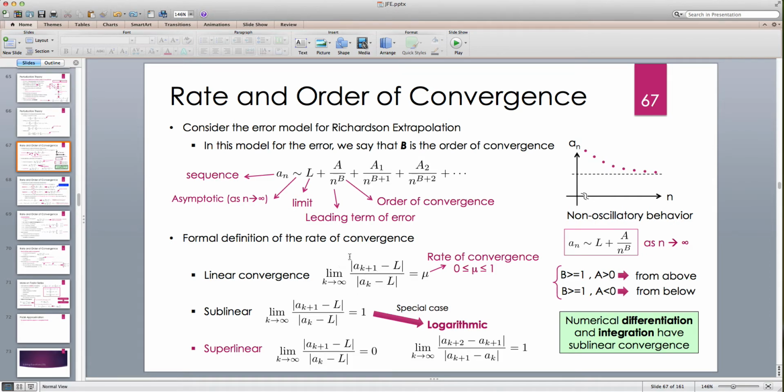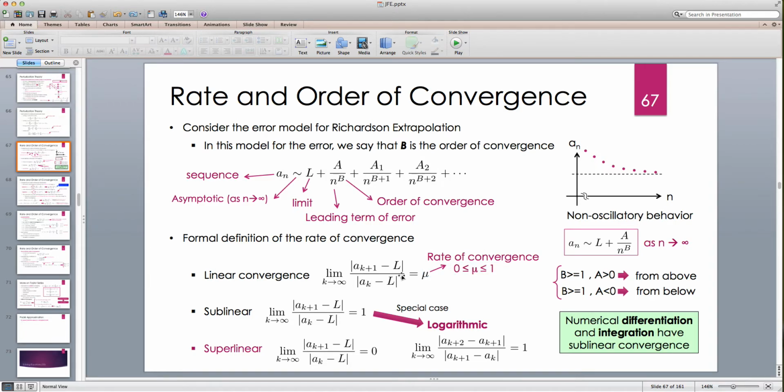All right, so error at k plus 1 divided by error at k, and that's a new sequence, so we can take its limit, and let's say this limit exists and it's a real number mu. All right, and it's typically between 0 and 1,